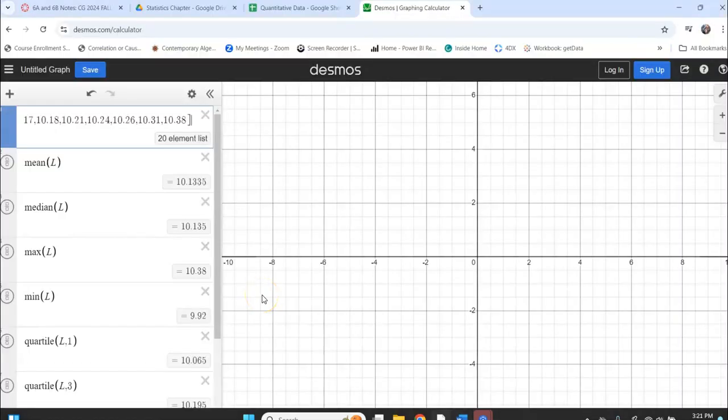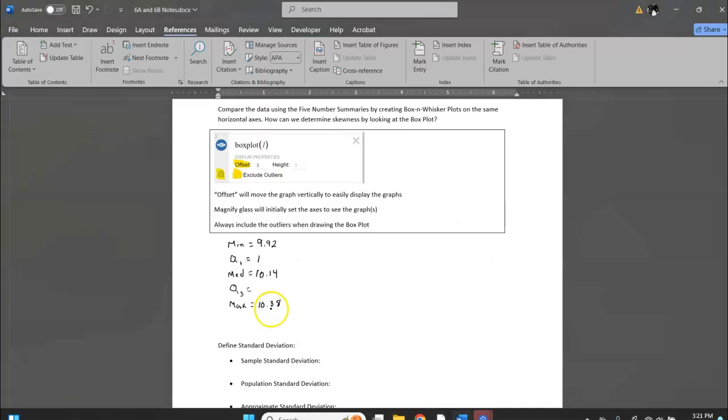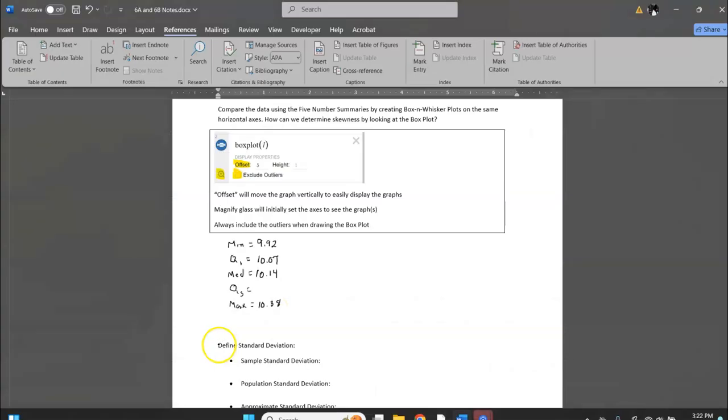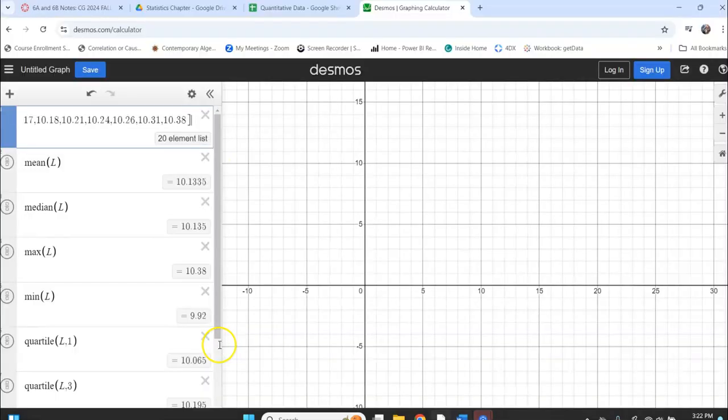The first quartile is 10.07. And the third quartile is 10.195, or 10.20. So 10.195 will round to 10.2. Okay, now I want to grab my second data set